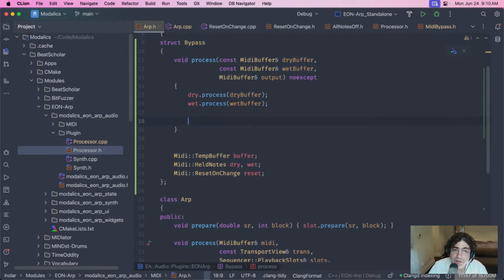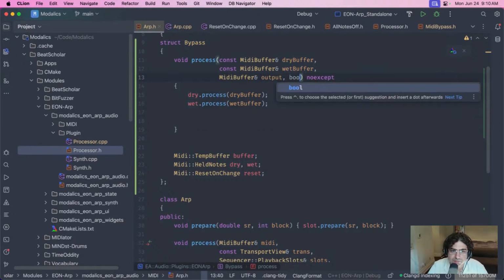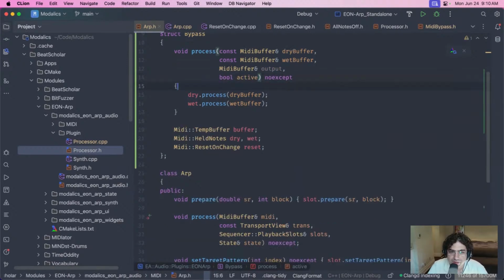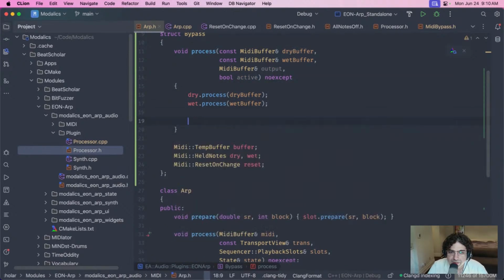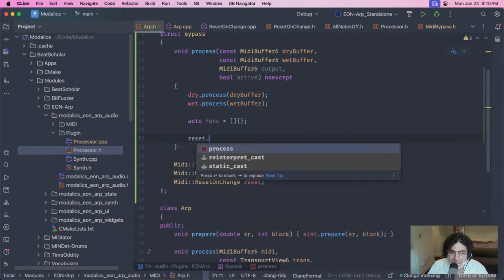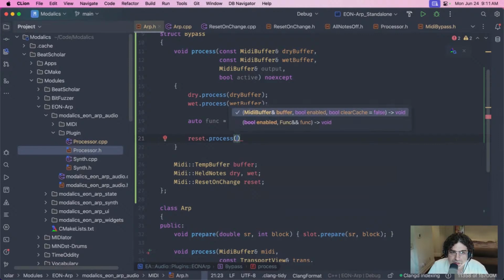So this should hold the state for them. And then this should do this. Oh, and also this should be like a bool active or something. And then here there should be like a function. We'll decide what that thing is in a second. Reset dot process active function,